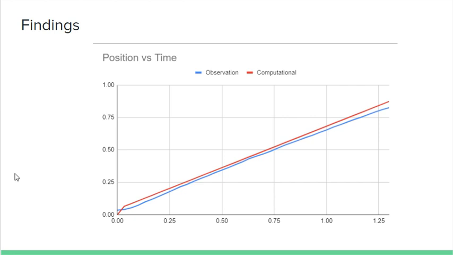So here I applied both the observed position versus time and the predicted position versus time. The comparison showed that the model successfully predicted the motion of the sports tape when the net force was 0. This is consistent with what we expect in the case of an object moving at constant velocity, the absence of